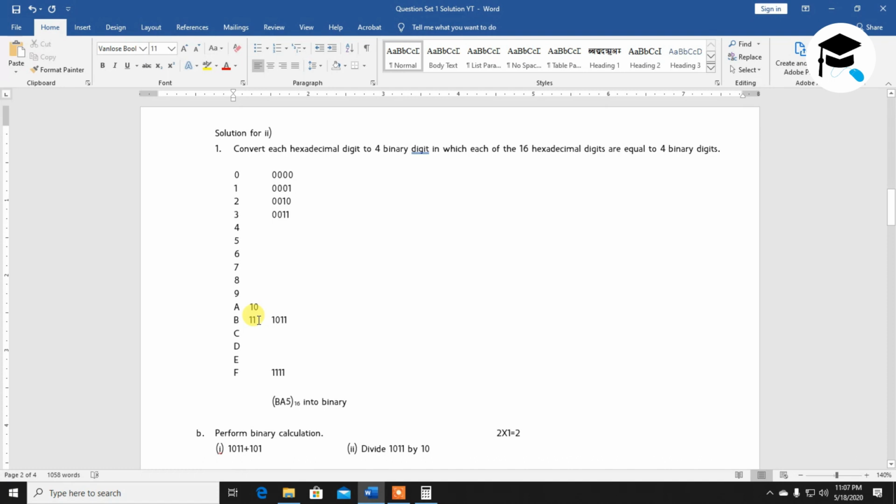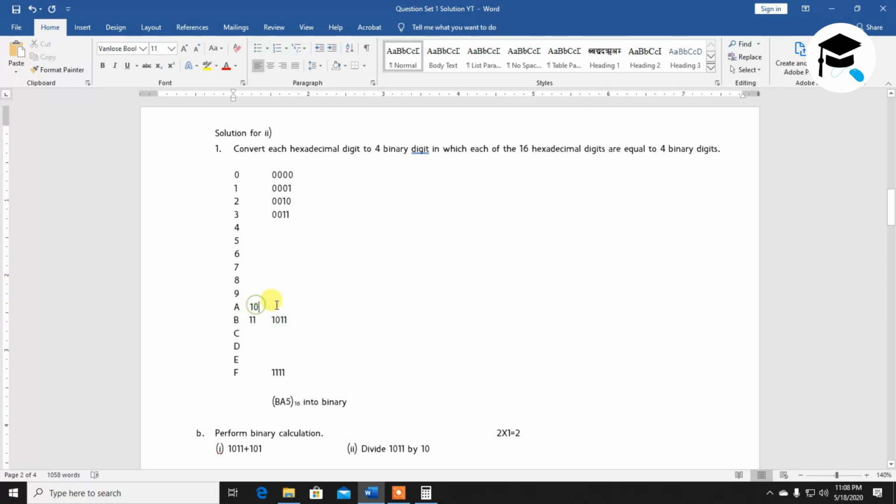Simply you divide 11 by 2. 2 5s are 10. Okay, what will be the remainder? Nothing, or 1. 2 5s are 10, 1 is the remainder. Okay, similarly, again there is 5, 2 2s are 4. What is the remainder? 1. 5 minus 4 is equal to 1. In this way, if you divide 11 by 2, I hope you can understand and you can do this. If you divide 11 by 2, this will be the remainder.